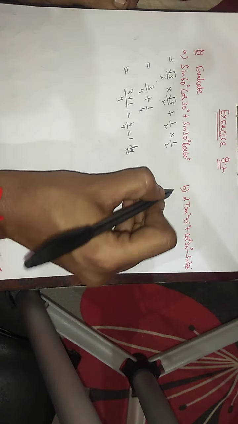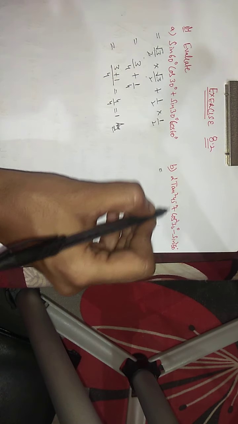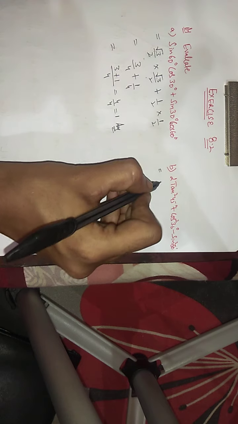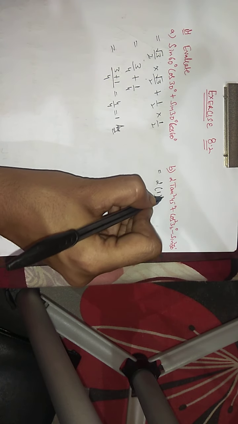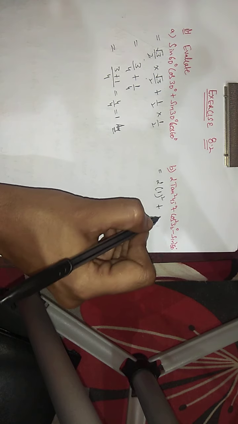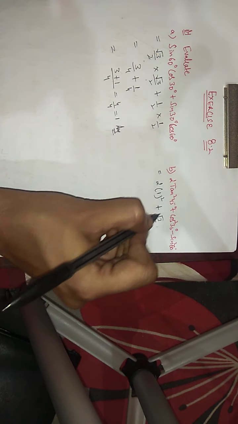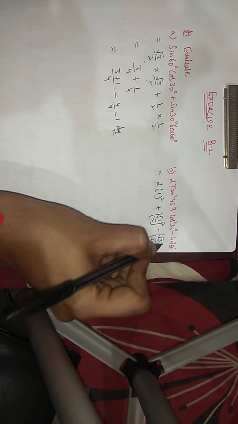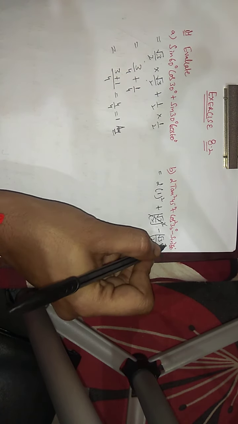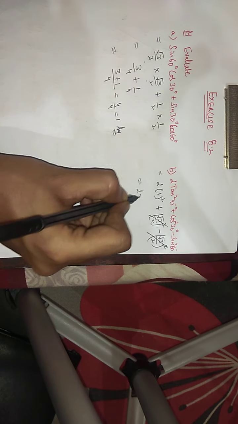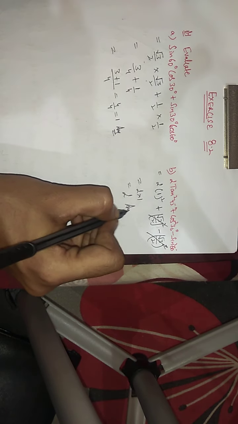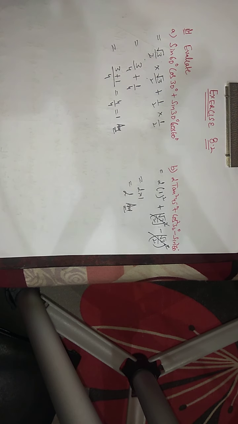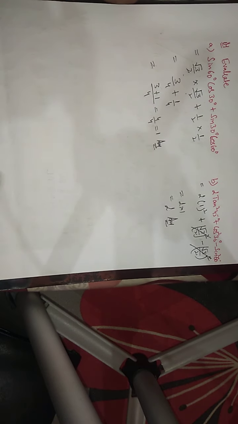In the same way, for part B, we have to solve the value of 2 tan square 45 plus cos square 30 minus sin square 60. The value of tan 45 is 1, so it's 2 into 1 square, plus cos square 30. Cos 30, as we know, is root 3 by 2 square, minus sin 60. Once again, it's root 3 by 2 whole square. So the plus and minus get cancelled out, and it's 2 into 1, just 2. Now let's move towards part number 3.